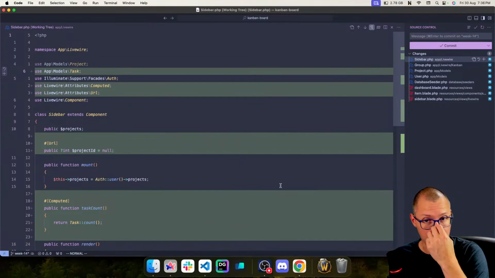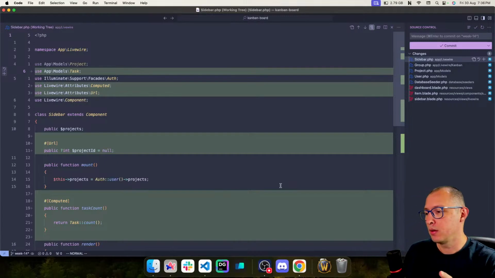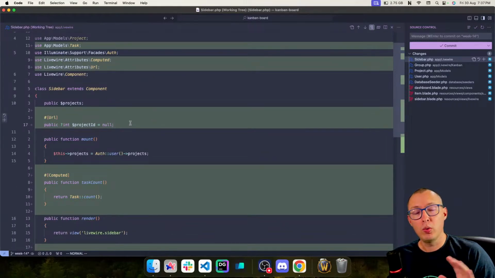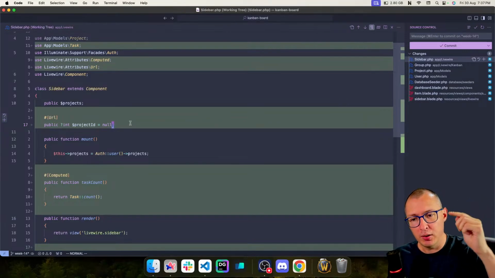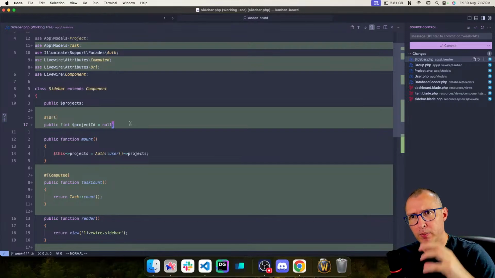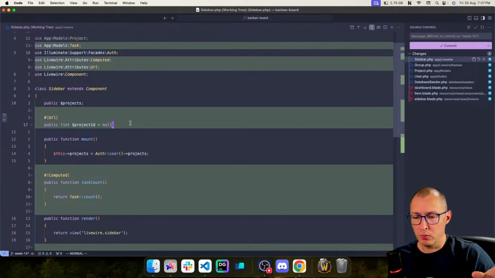The way that I was working it in my mind was the sidebar component was going to have a URL property, which is correct, because I want the sidebar to update the URL every time I click on a different project. What I was doing wrong was thinking that the board component was going to grab that ID and then pass it down to the groups, which is not really necessary, because URL properties like this one